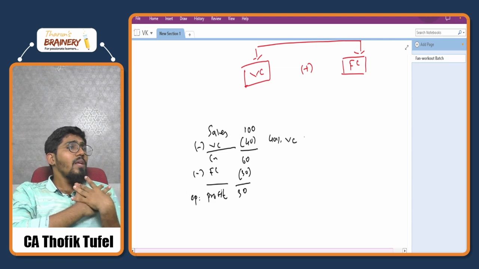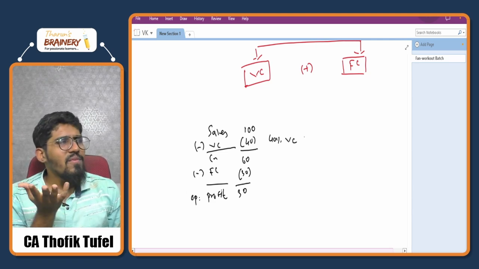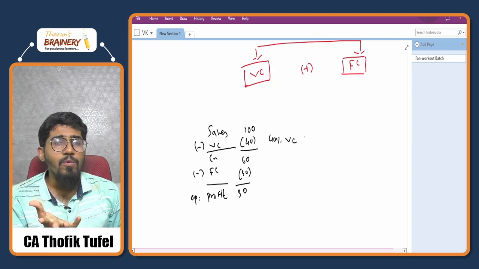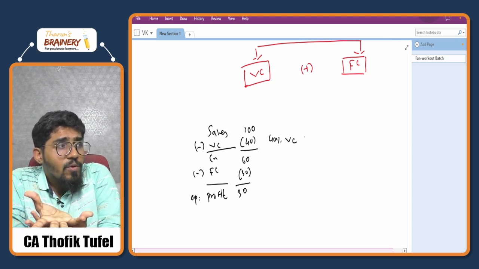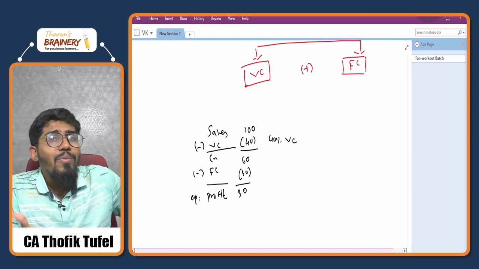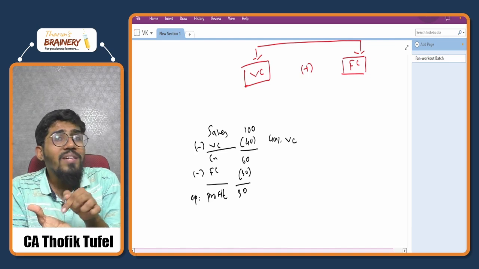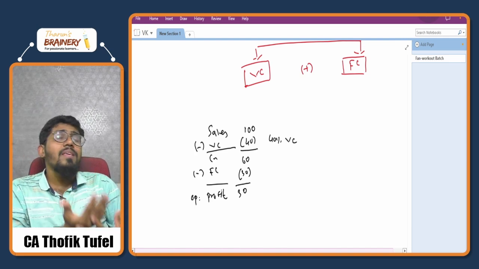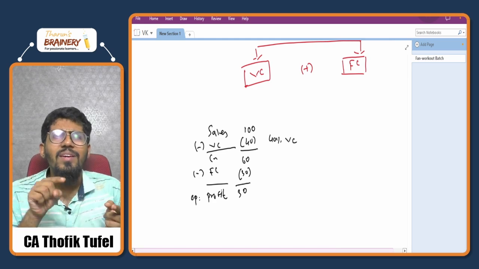Now is it your money? Is it your profit? No. You have to pay some fixed cost also, for an example, rent. You have to pay 30 rupees. Out of this 60 rupees, you have to pay rent of 30 rupees. Now what is the remaining amount in your hand? 30 rupees is remaining. Is this your money? Yes, that is my money. That is what I call profit. Are you all with me?